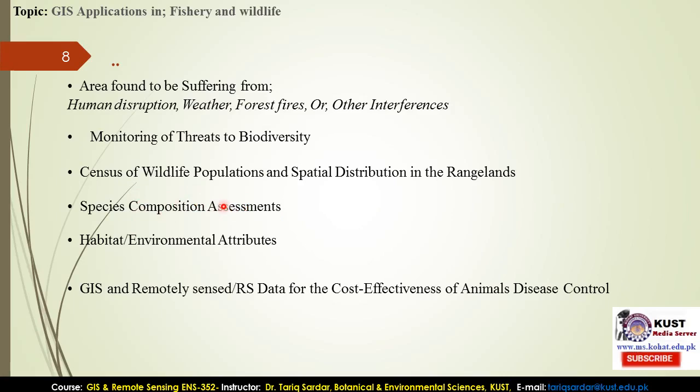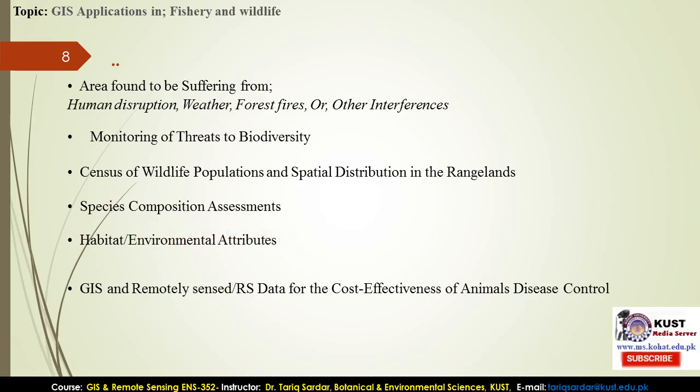What are their numbers and how can they be conserved, protected, or some kind of management followed. The species composition assessment refers to rare, threatened, endangered species that face a risk of extinction, which can be better assessed